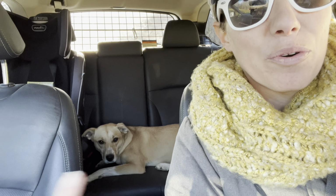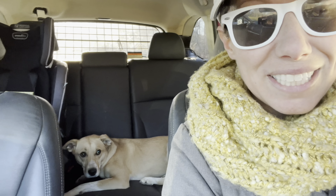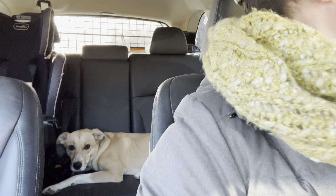This is a big trigger for dogs to pop up. They hear the car turn on, they get excited, they pop up, they start looking out the windows, they start pacing. There's your first opportunity to disagree and say no, get them back into their nice, calm, relaxed down. The gear shift is another trigger. So all the while we're really watching the dog backing up. Movement in general is a trigger,